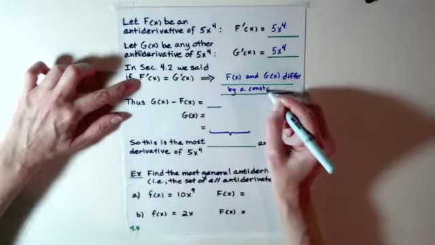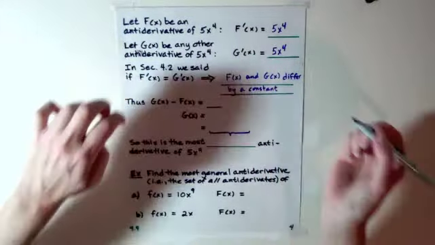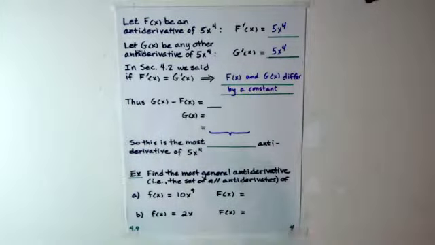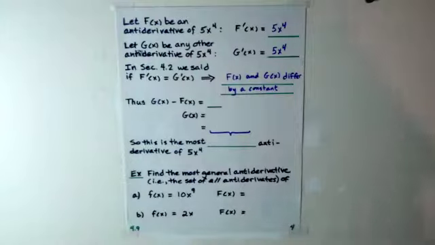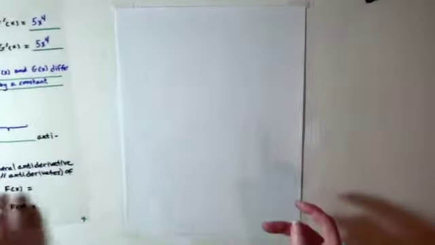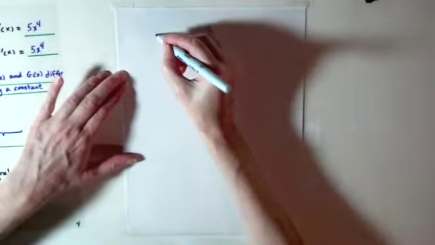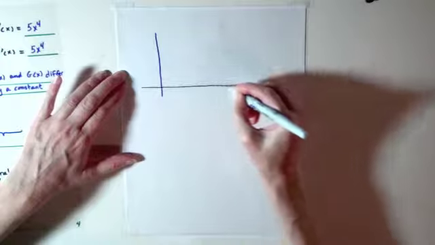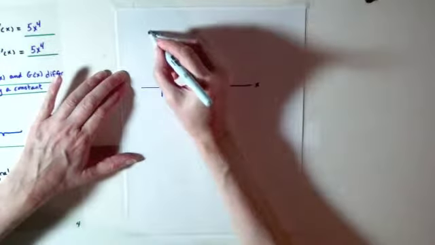And if you don't remember offhand why that would be true, you can think about a little graph. Let me get another piece of paper so that I can graph it for you. So I'll bring this page right back, but just to remind you of why that's true,